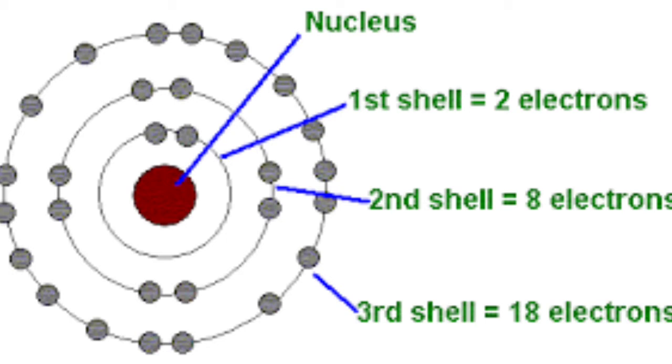Understand? Next, the angular momentum of an electron in these orbits is mvr equal to h by 2 pi or its multiple, where h is Planck's constant, m is the mass of the electron, v is the velocity of the electron, and r is the radius of the orbit. So the electron can move in those orbits without any change. There is no change in the energy of an electron moving in a definite orbit.